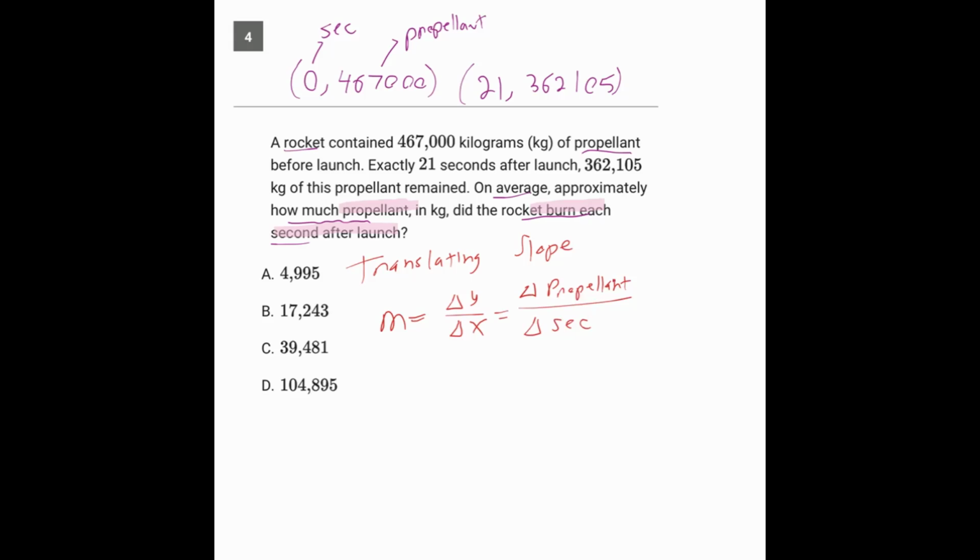So if our statement is the slope, then it'll sound like this: the change in propellant for every change in the number of seconds. And does it sound like that? Let's look at it again. How much propellant is the rocket burning each second? So what we're doing is we're using the translating slope method to confirm that yes, all this question's asking us